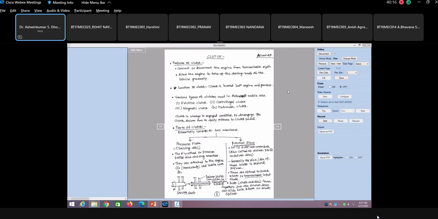That means you need to transmit power from here to here. So if you engage this, then the power will get transmitted. So usually these plates, the driving disc and the driven disc, they are connected together in the clutch. When you apply the force or the effort to the clutch pedal, then it will become disengaged. Is this clear, sir? क्योंकि क्लच में सर मोस्ट ऑफ द टाइम द प्रॉब्लम कम्स फ्रॉम देयर के ड्राइविंग कौन सा है, ड्रिवन कौन सा है, फिर इसको कैसे करेंगे, बिकॉज इन प्रॉब्लम्स वी रिक्वायर दैट।